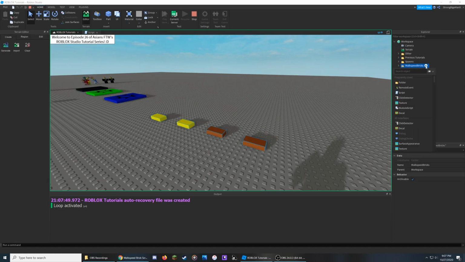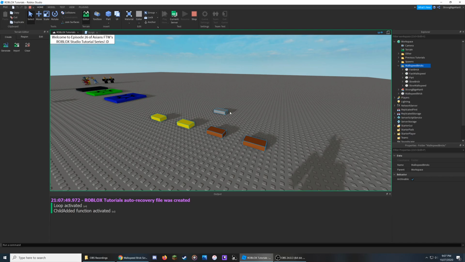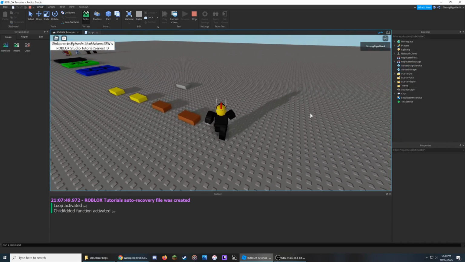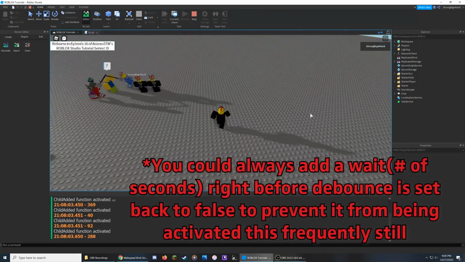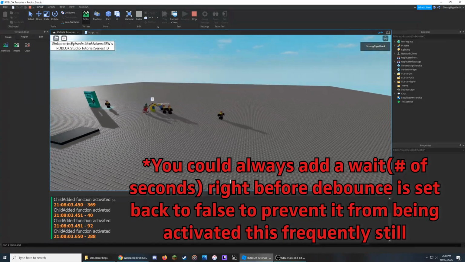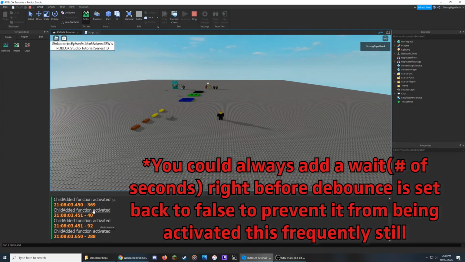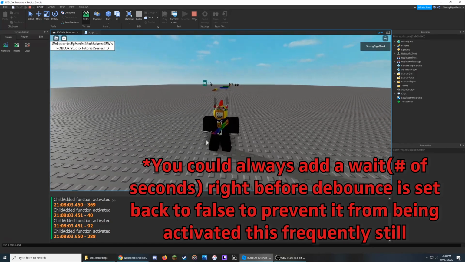Let's go in here, click the Walkspeed bricks folder. Let's add a new part in. Let's go over here and let's step on it. And as we can see here, whoa, I'm running in. I got set super fast, and it did activate quite a few times still, but if you implement it a little bit differently for your own needs,